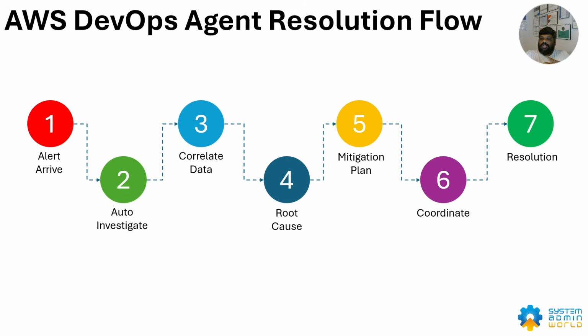The root cause step identifies the most likely cause based on the collected data, alerts, or investigation, and then it is presented as a root cause in the form of an incident. Okay, so mitigation plan: once the overall root cause is found, the recommendation or mitigation plan of action is generated